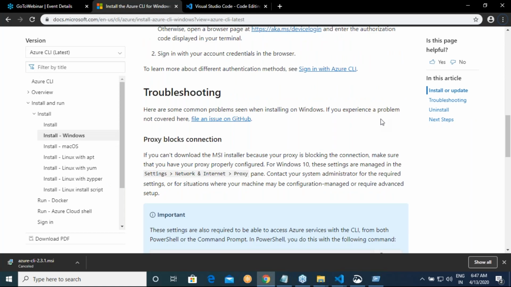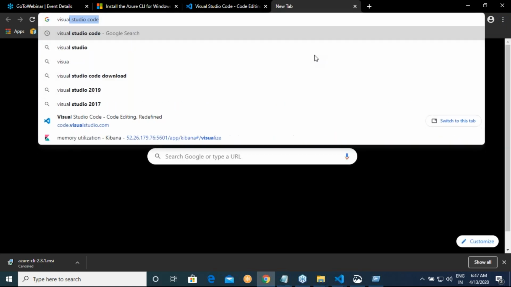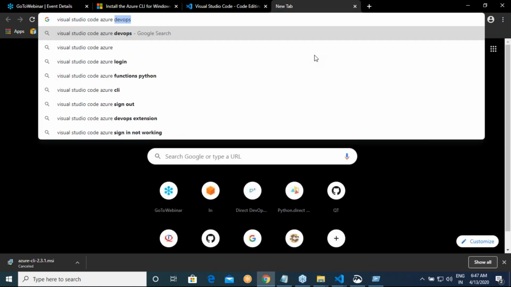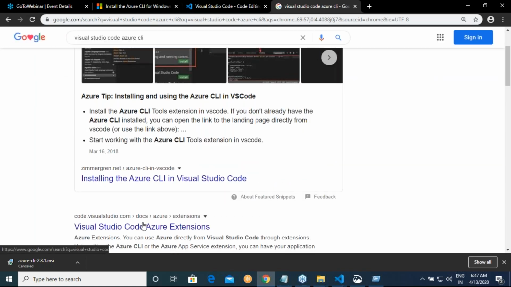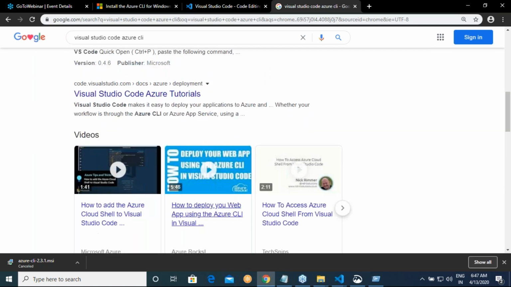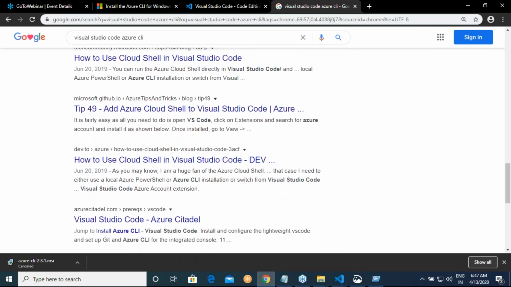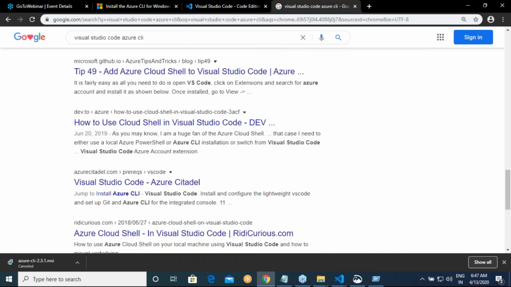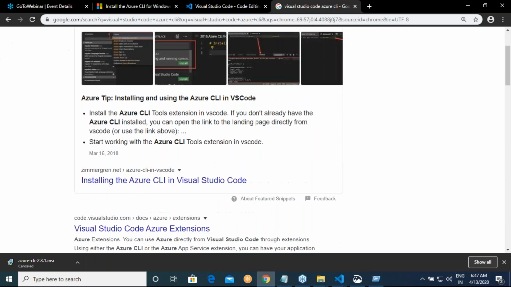So what is that extension which I'm trying to speak about? In Visual Studio Code, I want Microsoft's documentation.